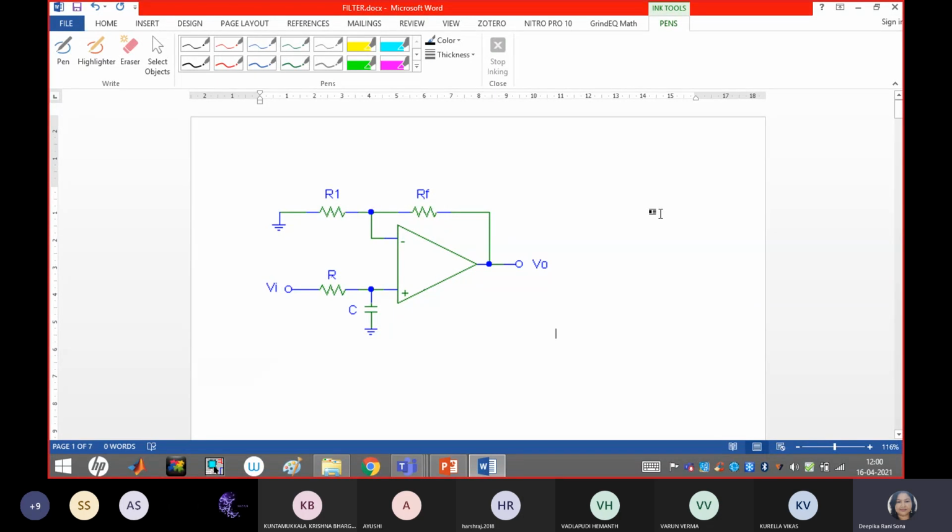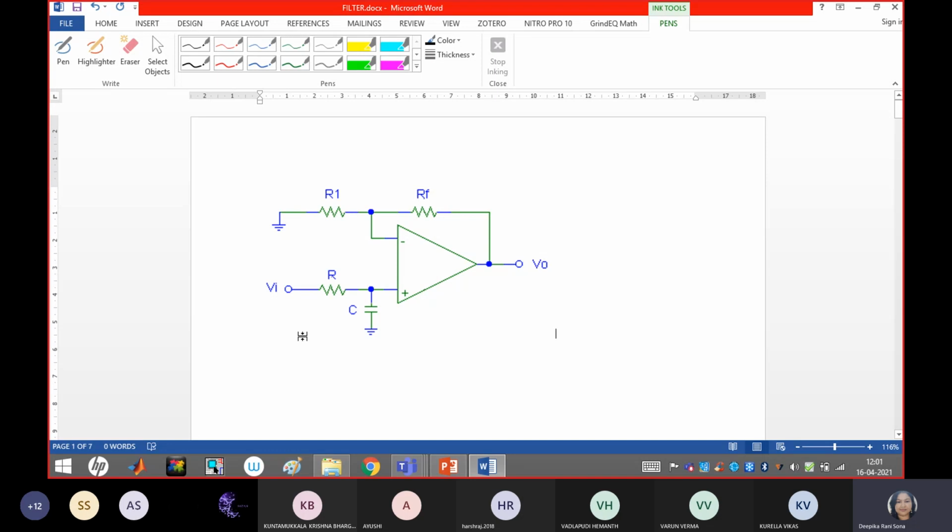Okay guys, I don't want to waste time because I have to cover your topics. Last class we discussed all types of filters and their frequency response, and one by one we are going to learn the design steps of all types of filter. If you know some basic type of filter, you can design any order or any type of filter. Yesterday, or last class, we saw the first order low pass filter.